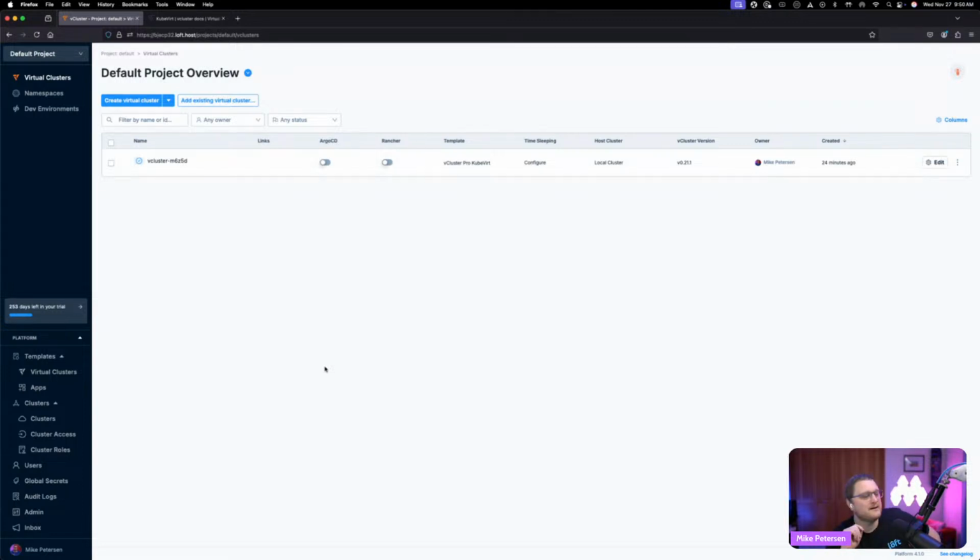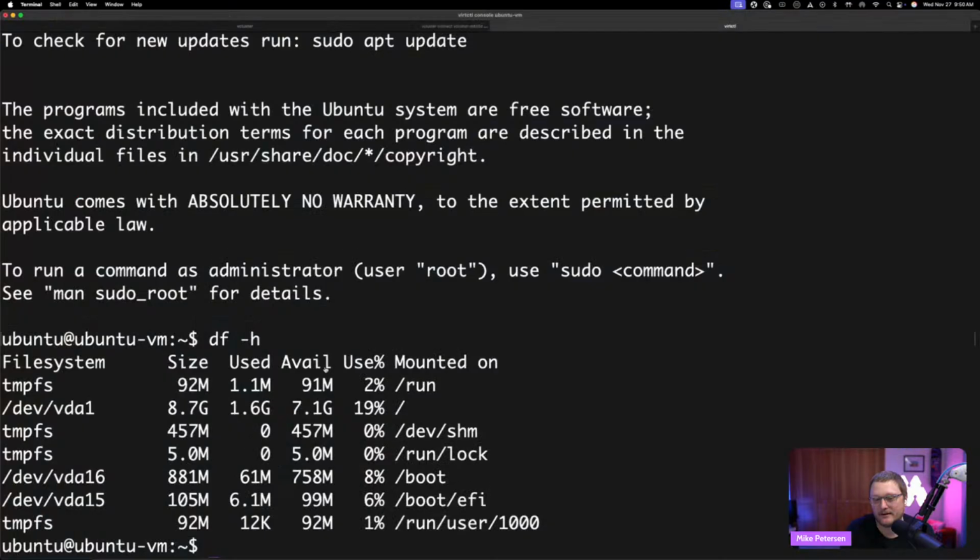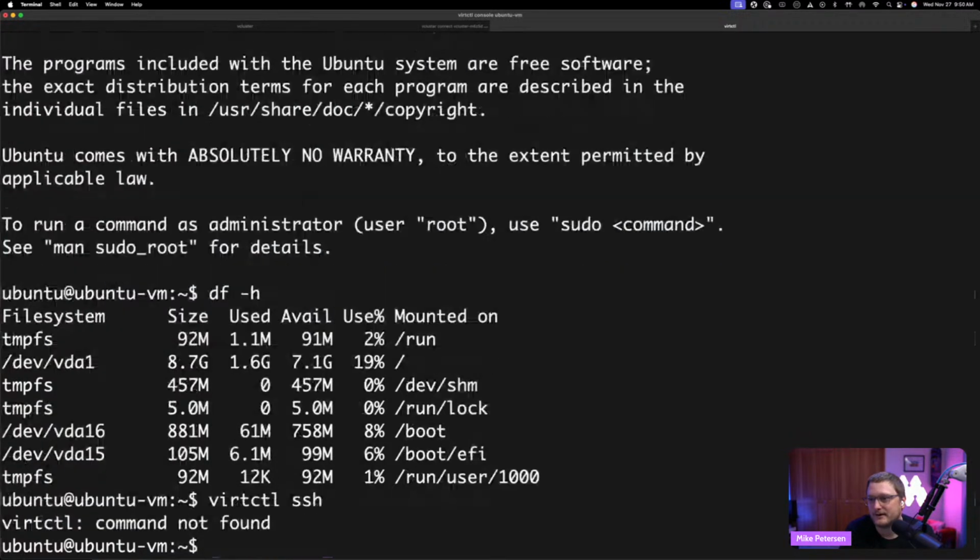I spent at least half a day trying to figure out why virtctl would not use the key that I was referencing to SSH in using the virtctl SSH command, and I couldn't get that to work. So I started exposing instead of using virtctl. But the virtctl stuff does have other options. Like you've got virtctl SSH, right? Like to where